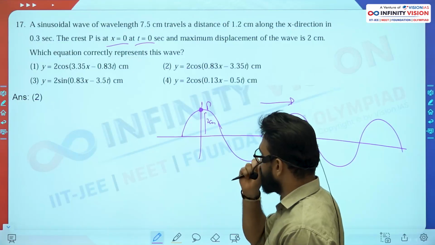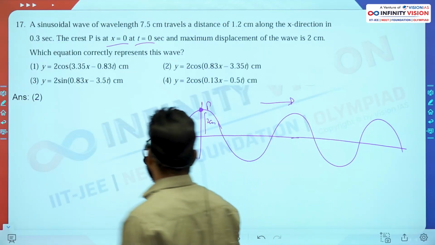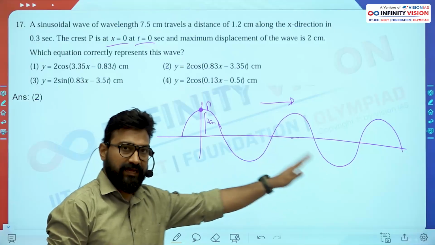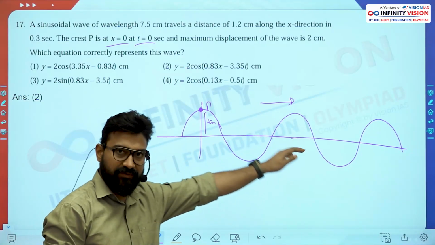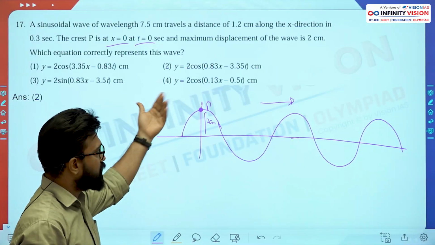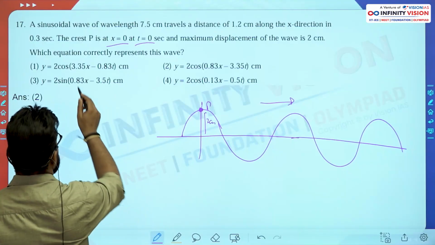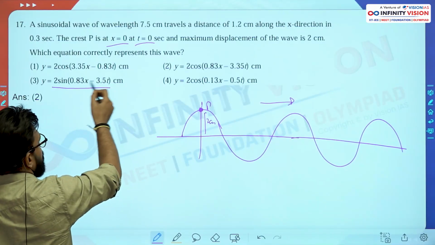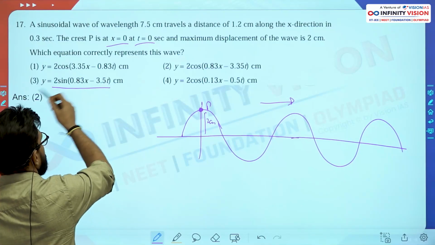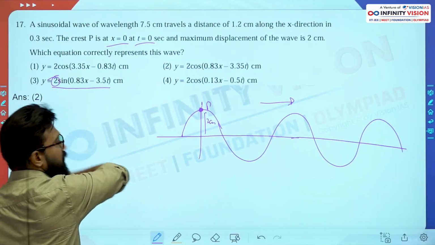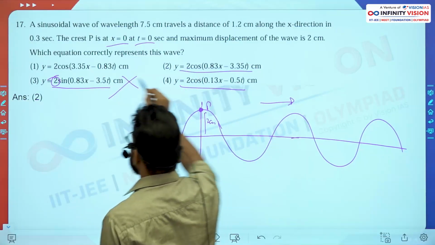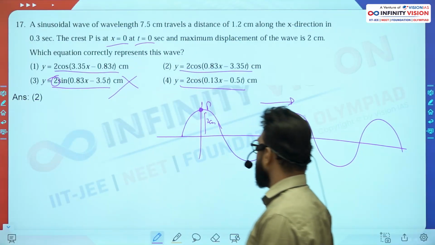So at t equal to 0 and x equal to 0, you can easily put, this is the equation for sine, this is the equation for cosine wave. At x equal to 0 and t equal to 0, it won't be this, because sine 0 would be equal to 0. So y is not coming out to be 2. So this can't be true. So either this one or this one would be true. Now next,